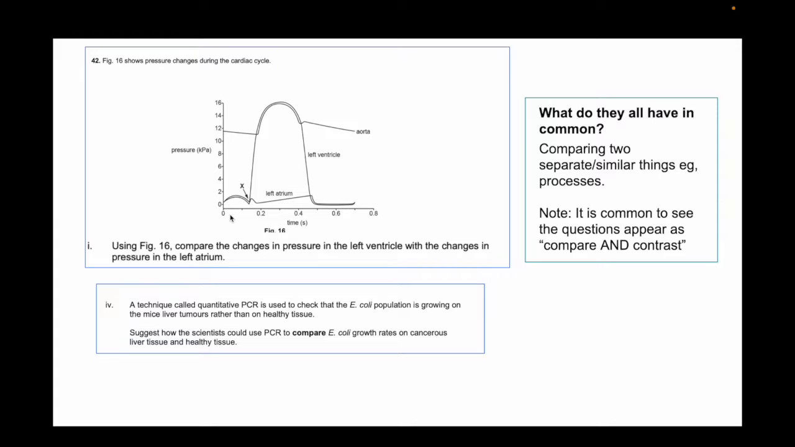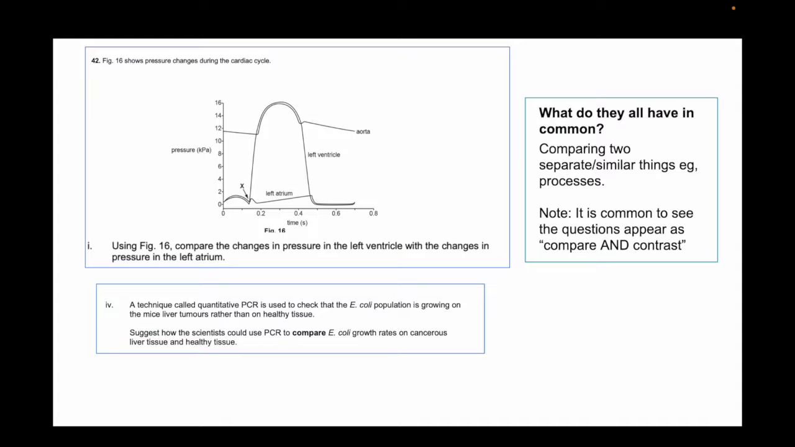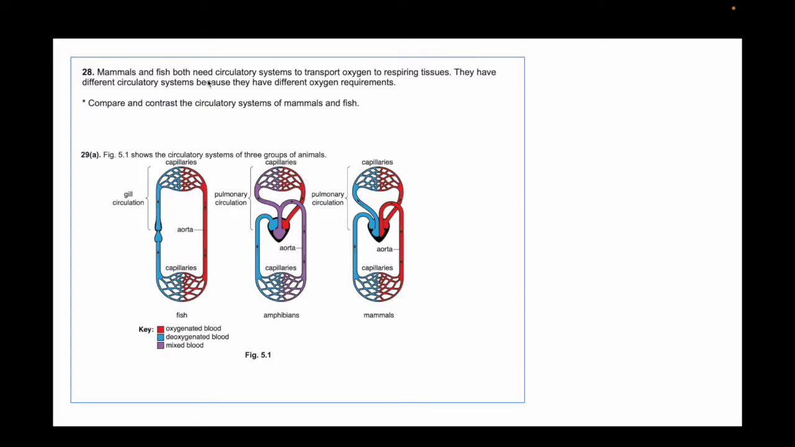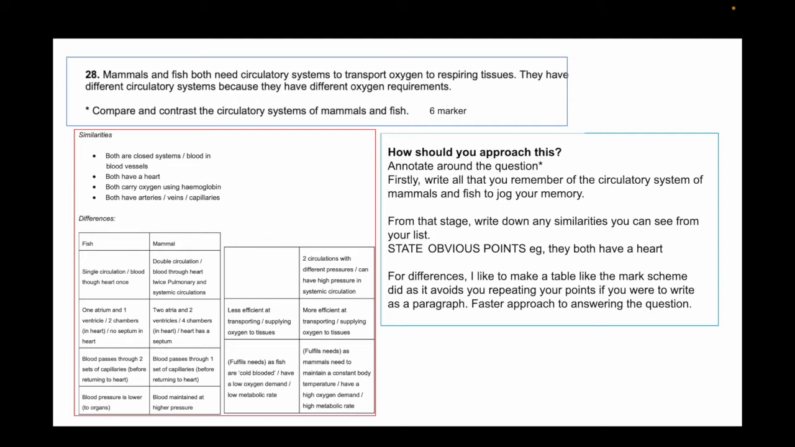So, anyways, what do all these questions have in common? For me, I can see that they're comparing two separate or similar things. For example, processes in this question and this question. And it is very common actually to see compare and contrast together, so don't be scared or shocked. So let's go through an example. Again, compare and contrast the circulatory systems of mammals and fish. This question